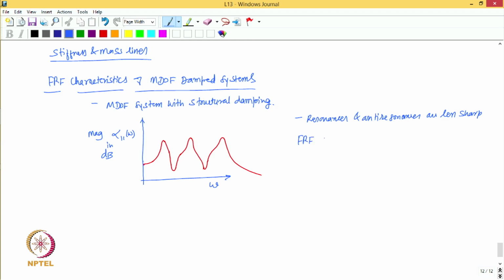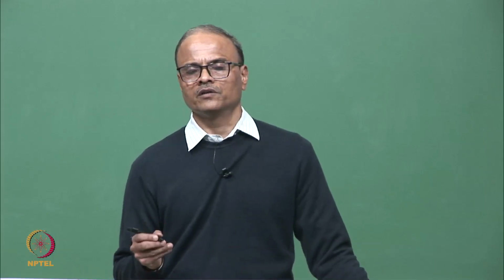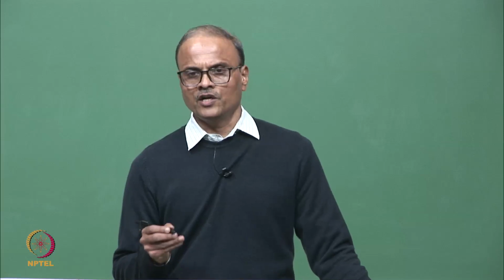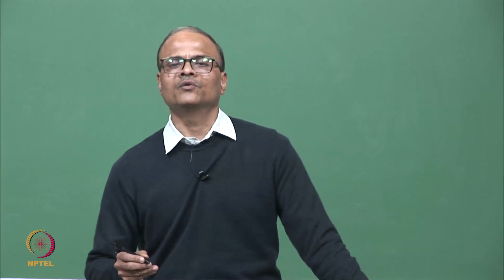Now the FRF for a damped system consists of a real part and an imaginary part. So if we have the FRF alpha 11, then there is a real part of this FRF alpha 11, and then there is some imaginary part of this FRF alpha 11. The real part and imaginary part vary with frequency, but there are no frequencies at which both these parts together become 0,